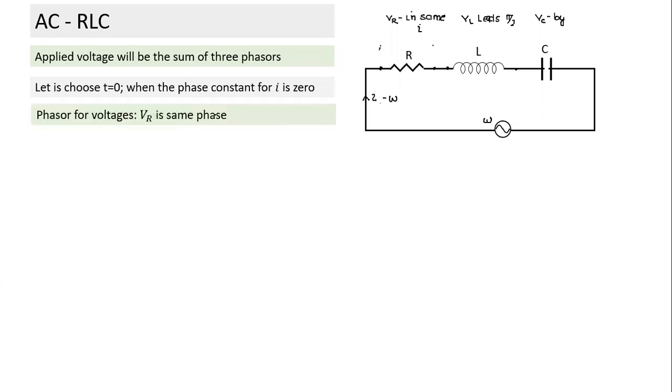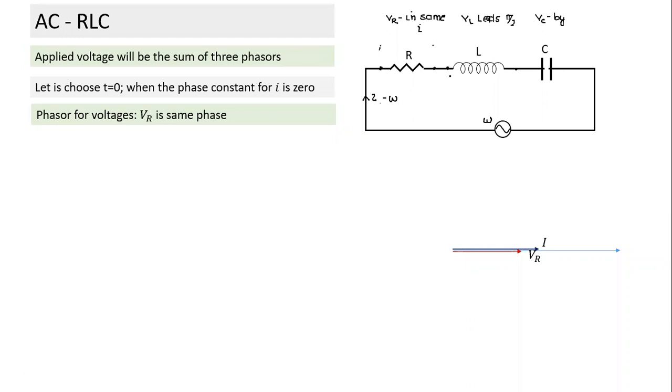I've chosen a time, so the phasor VR will be in the same phase. That's what we had drawn. So this is the I phasor and the VR phasor. They are in the same phase. So at the instance when current is 0, if I measure the voltage across the resistor at this same instance, it will be 0. And this will be maximum. Okay, let's understand this one. So we understood VR will be like this. So what will be VL here?